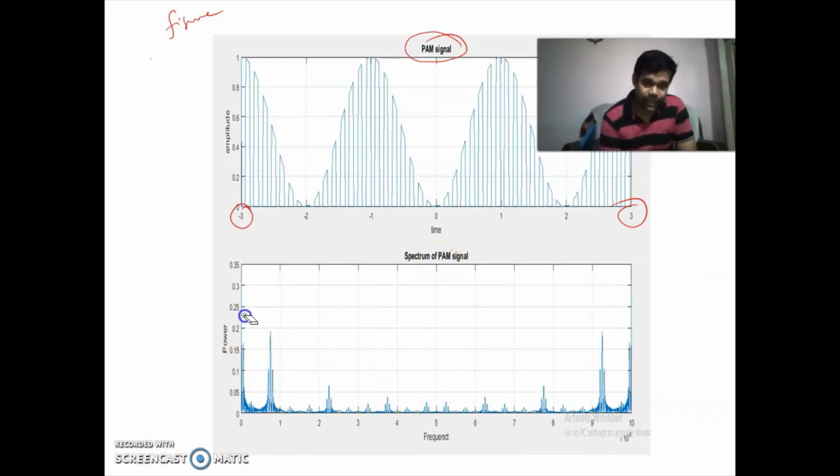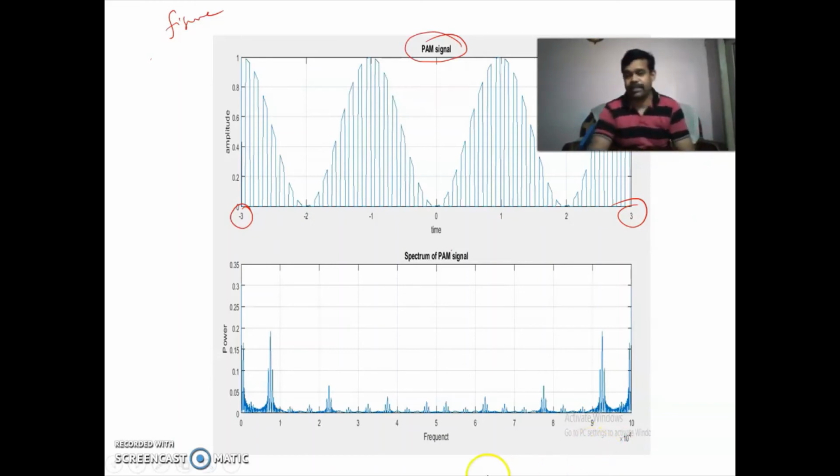We are taking the FFT of the PAM, so we get the frequency information, and we are taking the absolute value of that and plotting it versus the frequency. We are multiplying that frequency by 10, so we are getting 0 to 10 into 10 to the power 4. This is the diagram of your spectrum.